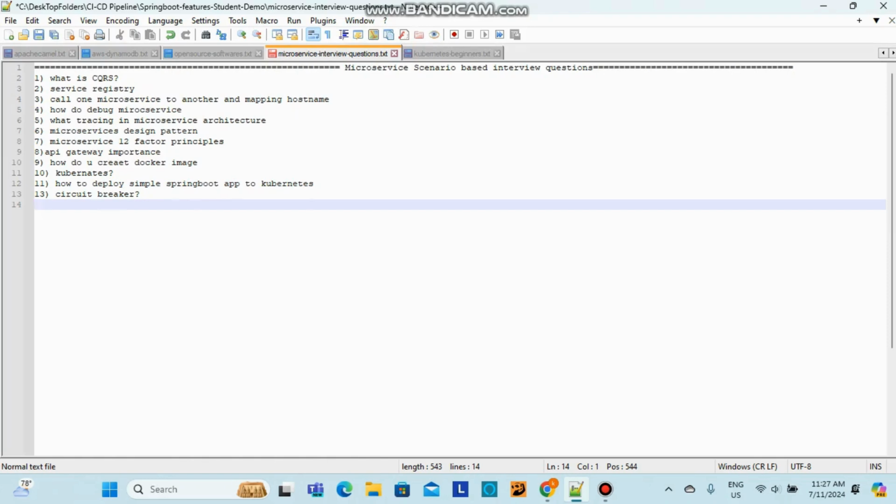Sometimes when our green is live and blue is deploying, the image crashes because it is not able to be pulled from the registry. So what will happen is the failed container, the failed microservice, will be removed immediately, and it will retain the old version of the microservice. So that's called disposability. And port binding.